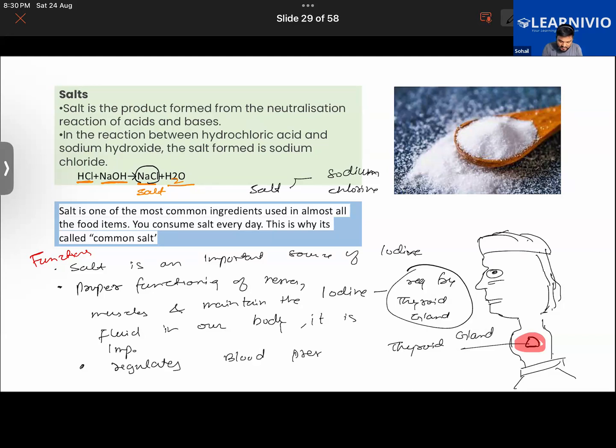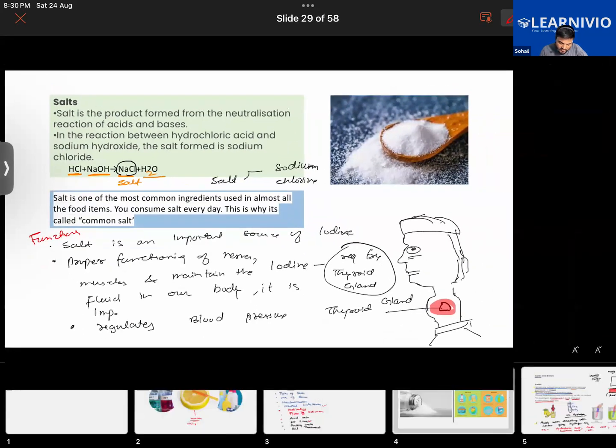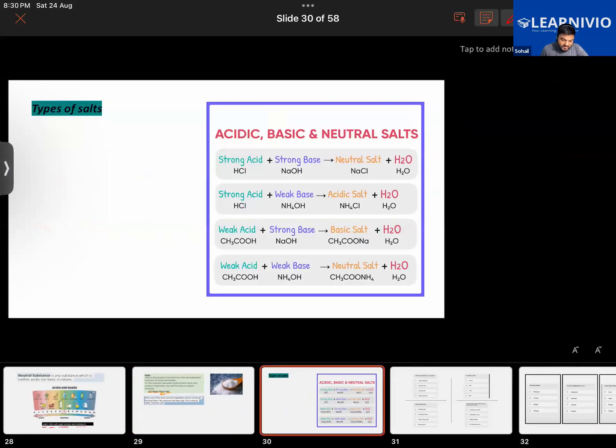So is this much clear to everyone so far? Yes, sir. Okay, then that's it for today. In the next class, let me tell you what topics we're going to learn. We'll be learning about types of salts. Remember, moments ago I told you, what if a weak base or a weak acid reacts? What if a strong acid but a weak base reacts? In that case, what kind of salt will be formed? We'll be doing